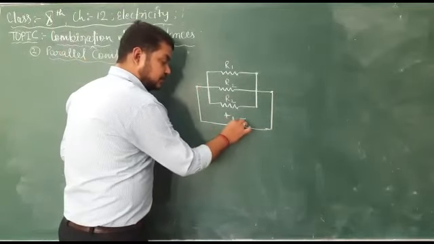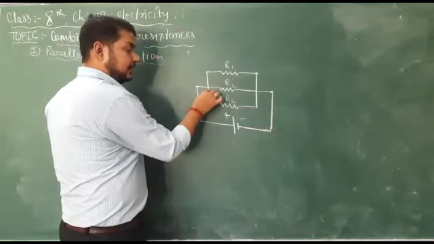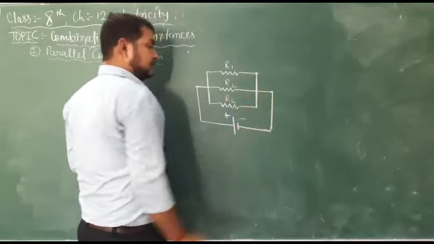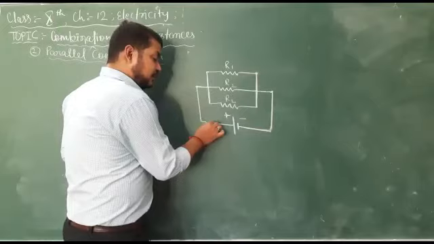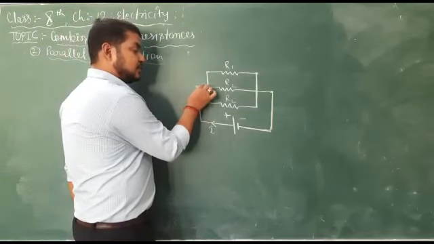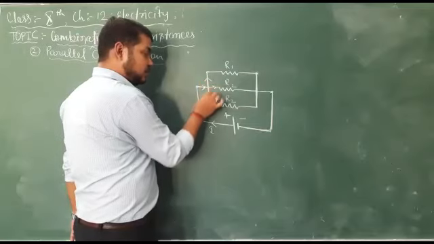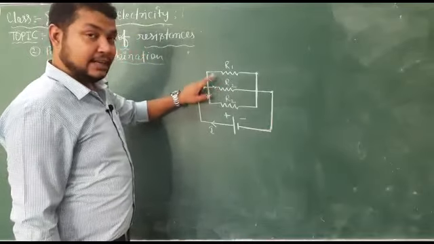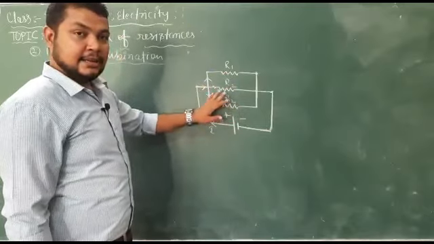Why? It is called parallel for two reasons. One is that one end of all the resistors is connected at one common end, and the other end of all the resistors is connected at the other end. This is the first reason that all resistances are connected in parallel. The other reason is that whatever current starts flowing from the cell will reach this common junction, and at this point of the circuit it has three different paths to go. Whenever there is a possibility for the current to move in different directions, all the branches in a circuit are considered as parallel branches.